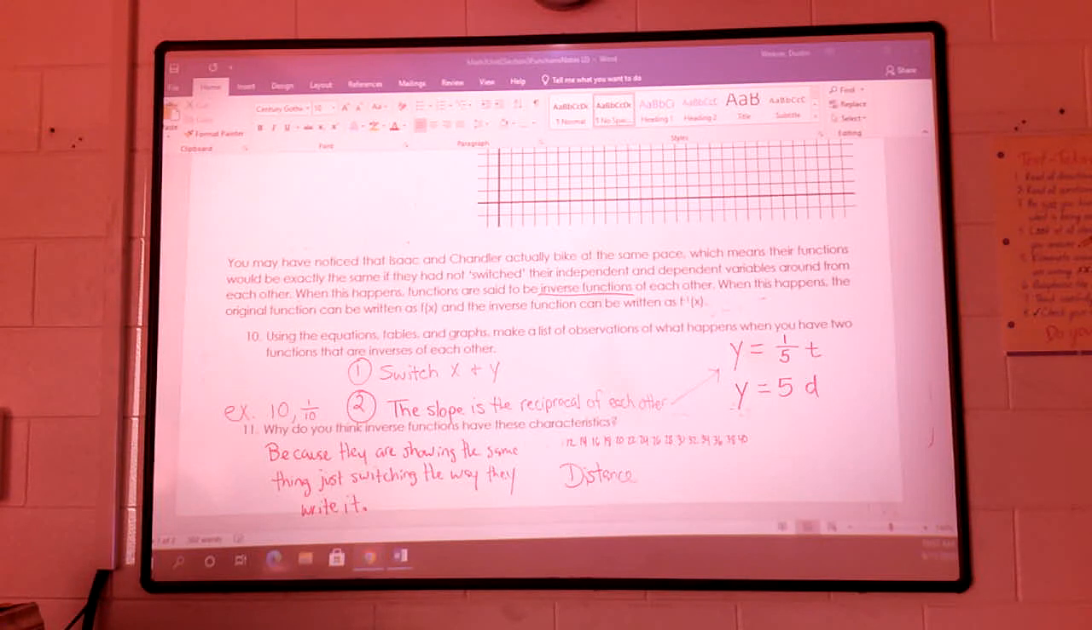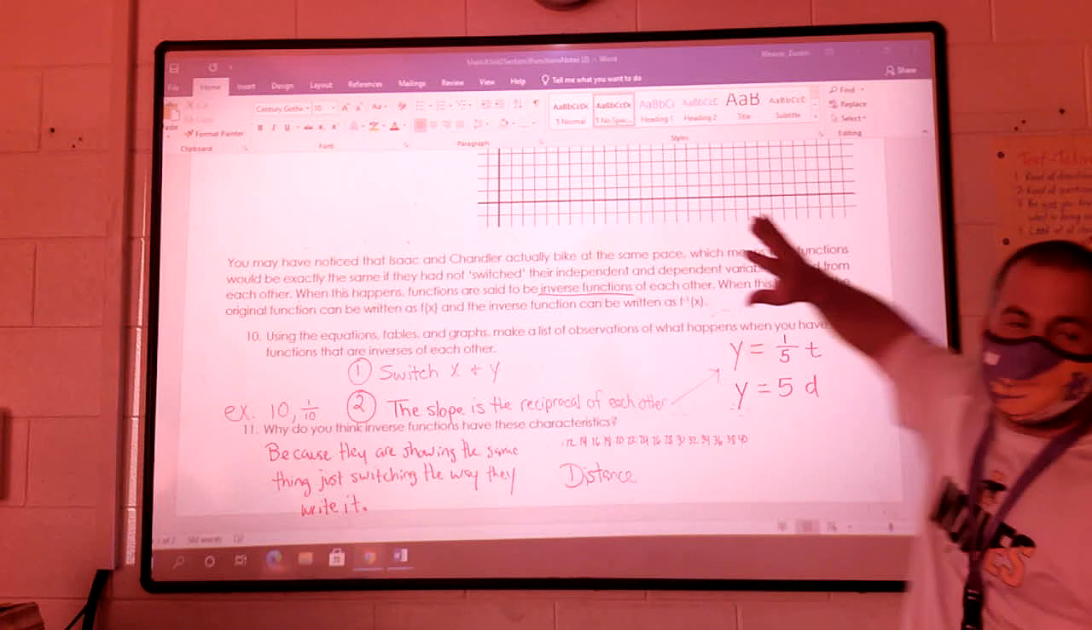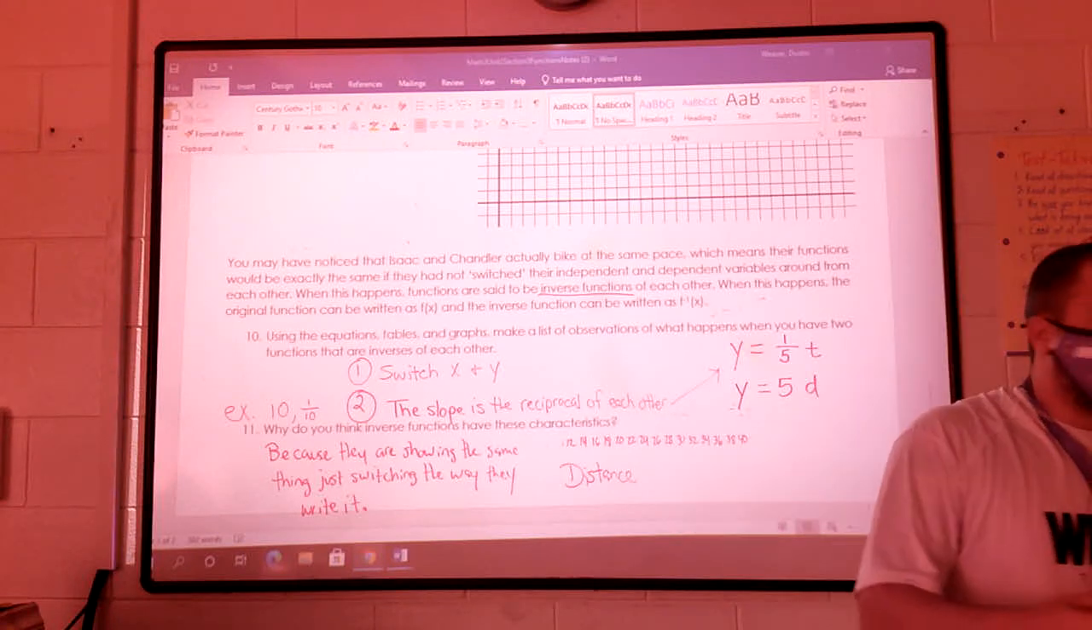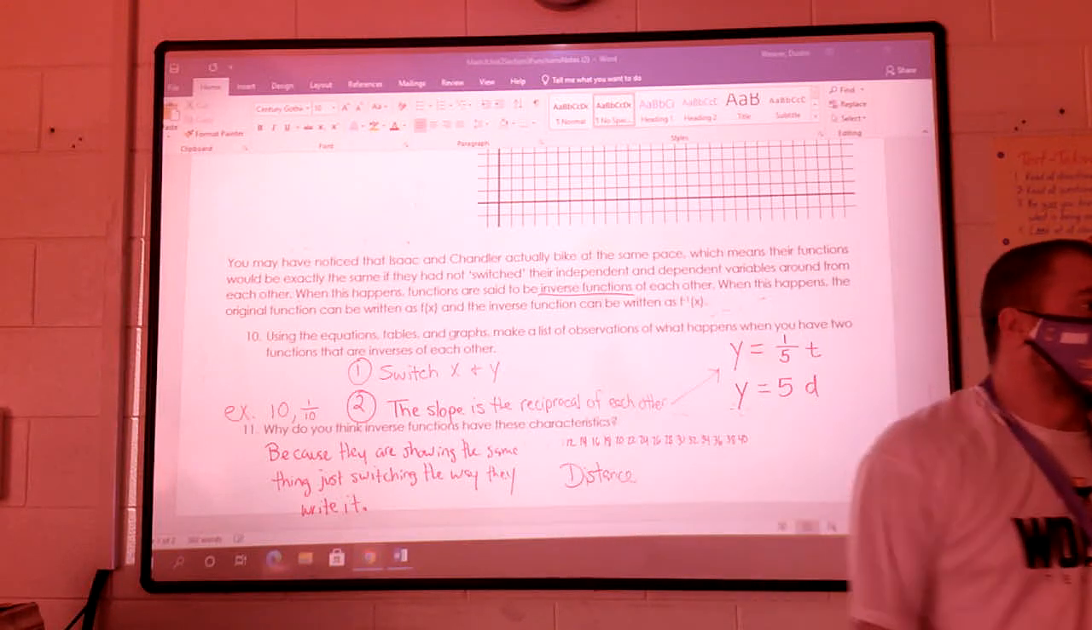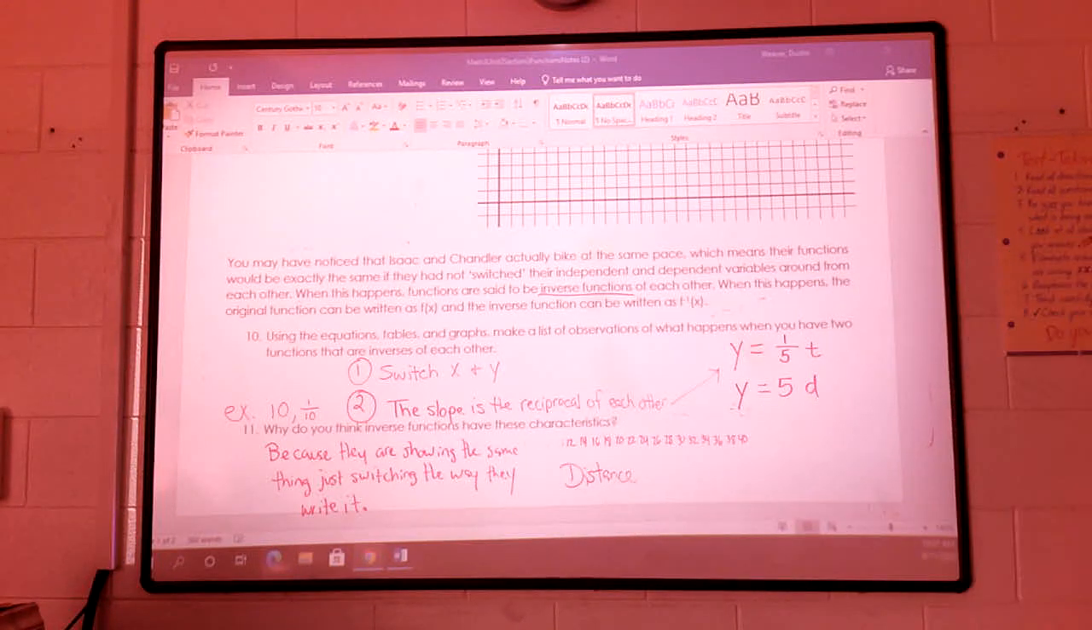And that's the inverse. So when we take an equation and we want to find the inverse, we have to switch x and y and then solve for y. That's our 2 steps. To do an inverse, it's a 2-step process. Step 1 is switch x and y, and then step 2 is solve for y. That's the process for finding